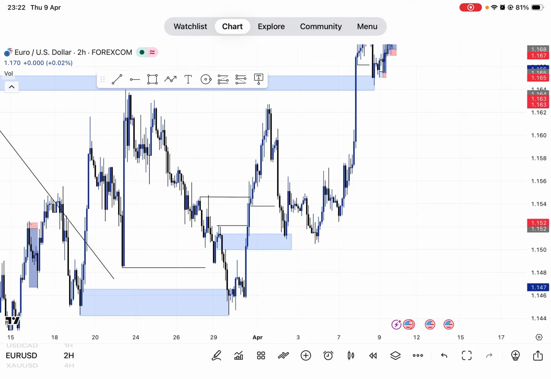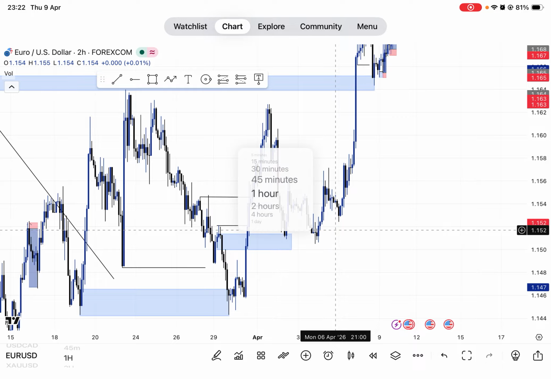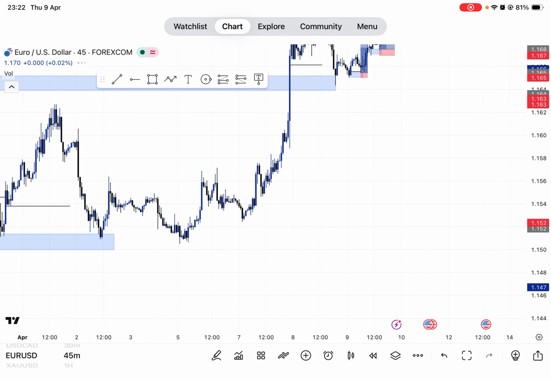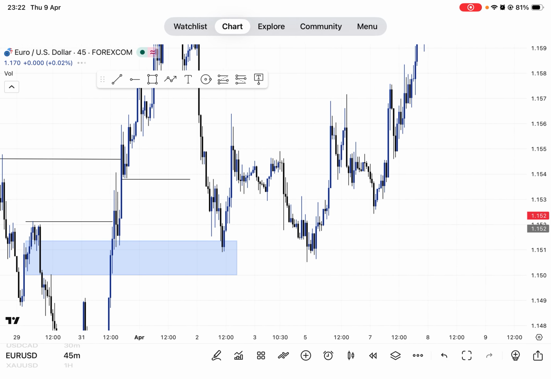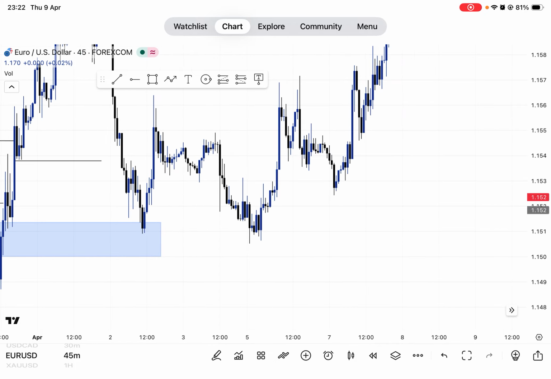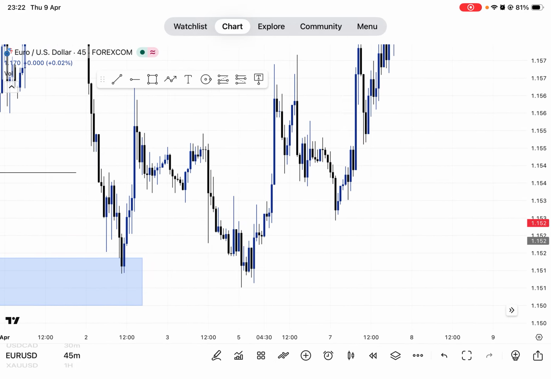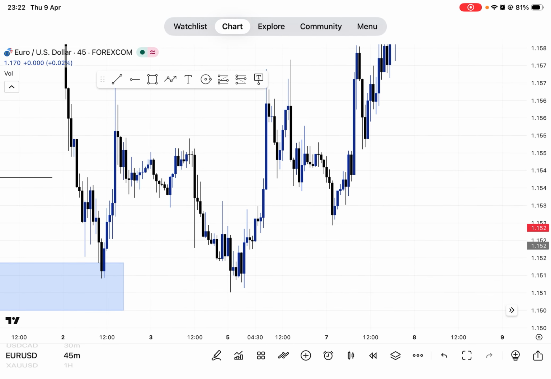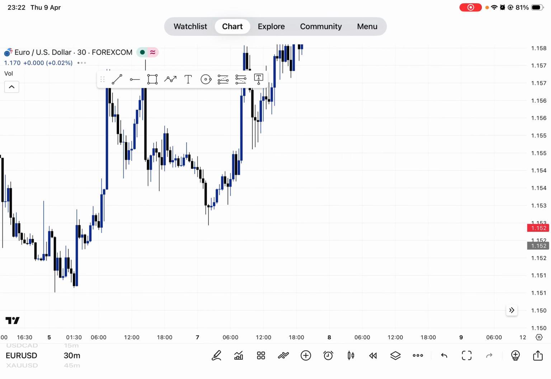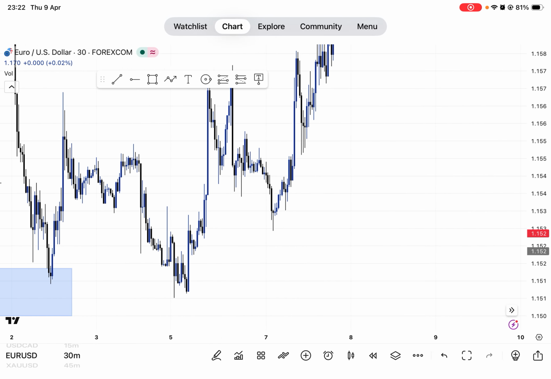Now okay, for instance, see this breaker, right? When price reacted to it, let's see if we are going to get an entry on the lower time frame. Let's see if we are going to get an entry on the lower time frame. I'm not seeing an entry. Okay,